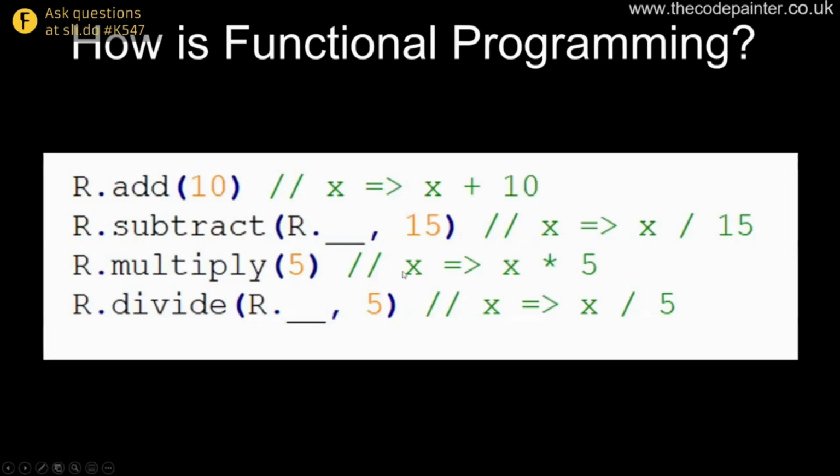So Ramda has a feature here called r.__. That's actually 2 underscores. This is a function that is a special case. With this subtract, I am supplying all of the parameters, but I'm saying that the one that the curried function that comes out of it should supply is the one I'm marking. I'm saying this is the hole. This is the bit that needs to be filled in by the next call to the function we're generating. So I'm saying, next person, supply the first one, and then I'll give you the